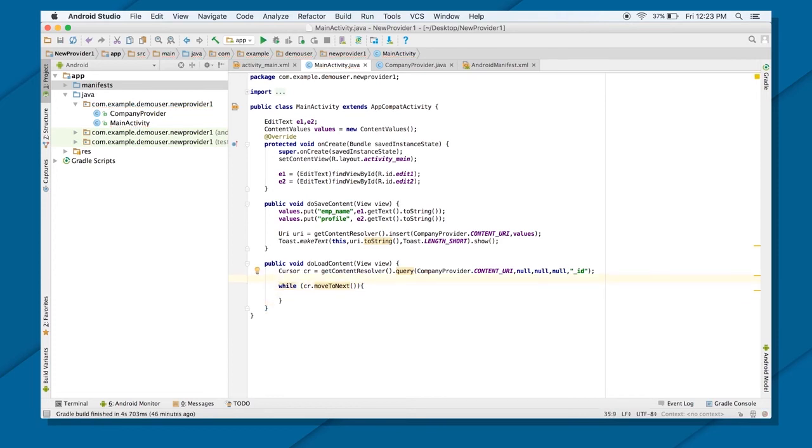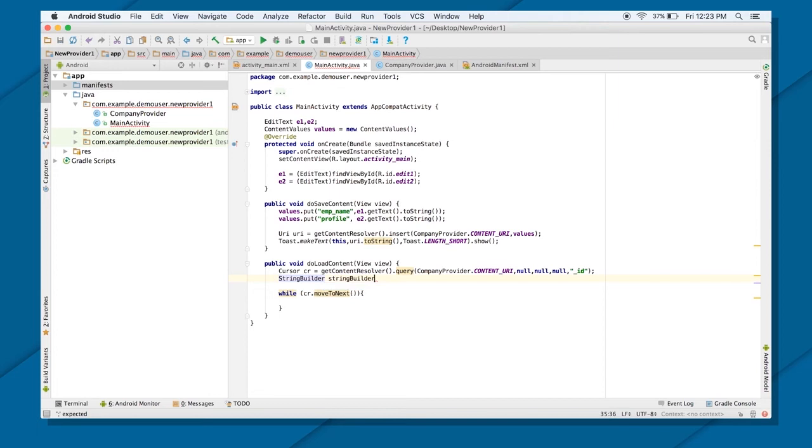Okay, now here what will I do? Here I'm going to create a string builder object so that it will build my whole thing.